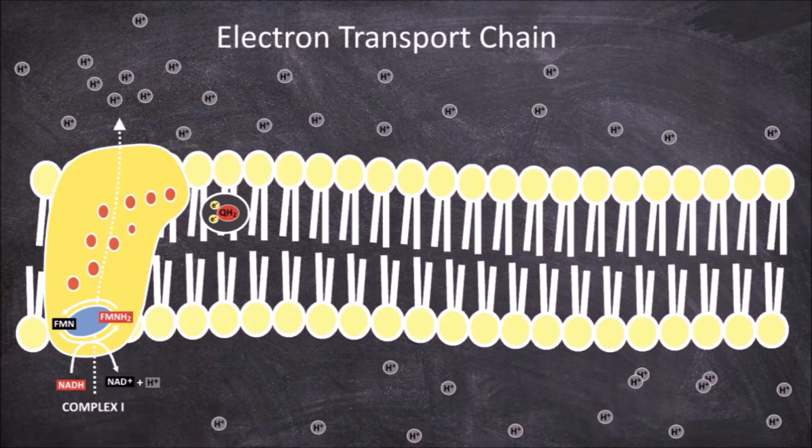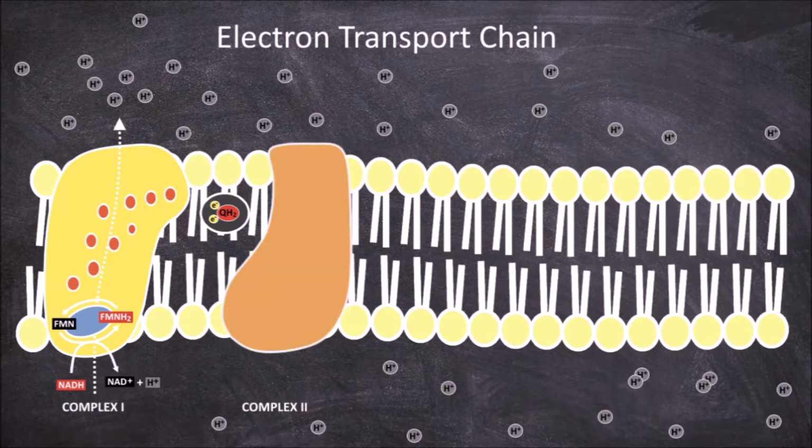The next part of the electron transport chain occurs at complex 2 and occurs parallel to the processes in complex 1. Complex 2, also known as succinate coenzyme Q reductase or just as succinate dehydrogenase, consists of a flavoprotein, a chain of 3 iron-sulfur redox centers, and a heme B containing subunit. When succinate is oxidized into fumarate in the citric acid cycle, the oxidization produces 2 hydrogens, but it also produces 2 electrons. These 2 electrons are accepted by FAD, which is bound in the flavoprotein of complex 2, reducing it